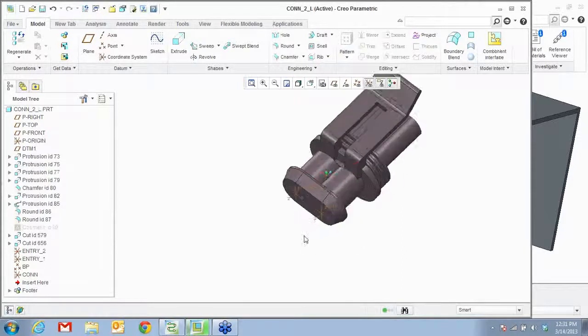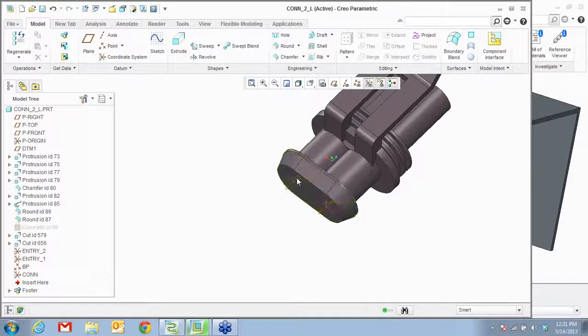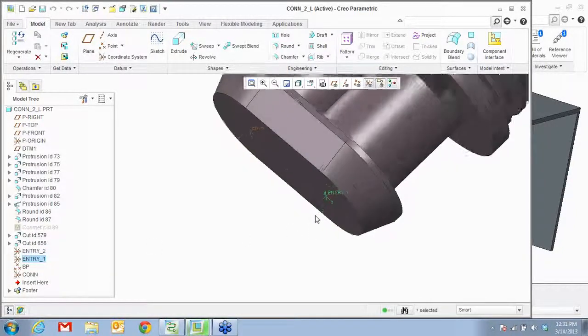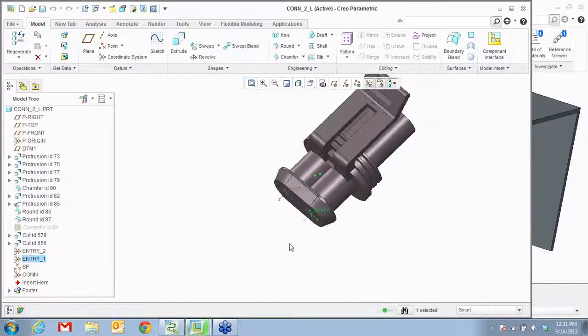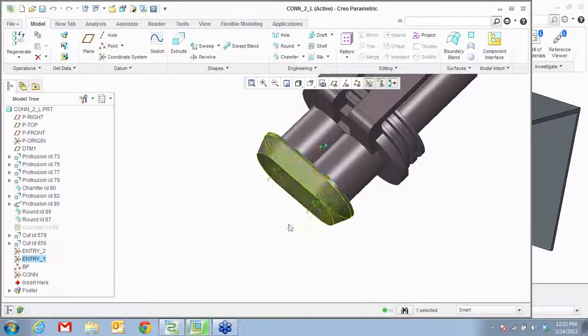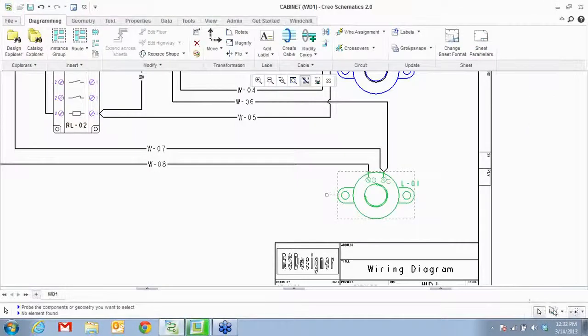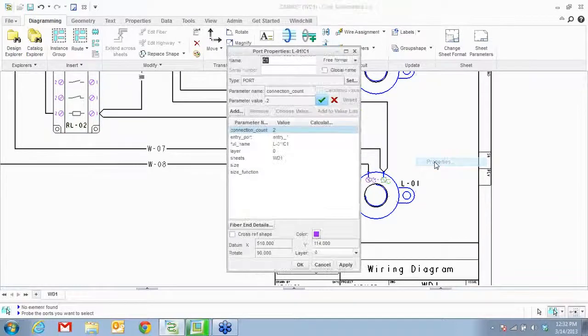So here you can see CONN_2_L. That's the port. You notice that it has two coordinate systems right here, entry 2 and entry 1. And you see how the z-axes are pointing outwards. That is a criteria. Now this part is represented by the symbol, and this coordinate system is represented by a port. So let's see if I can find that port right here and go to its properties.